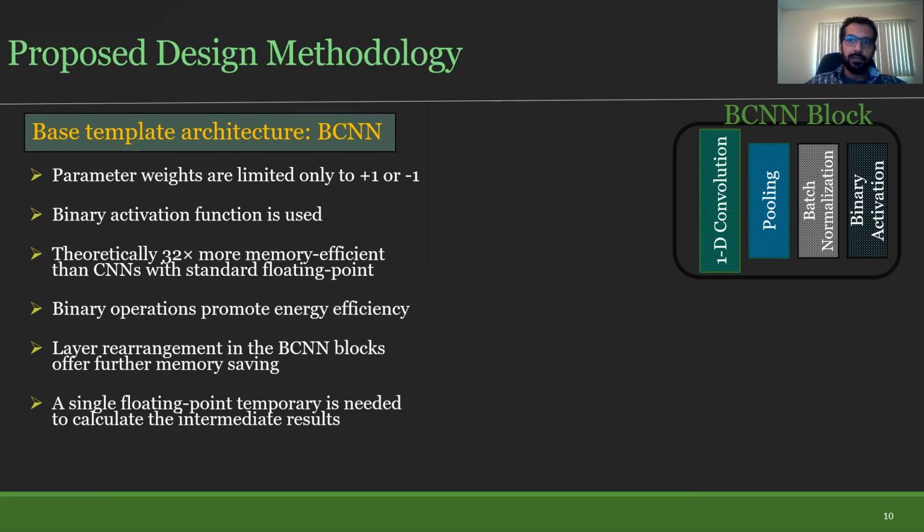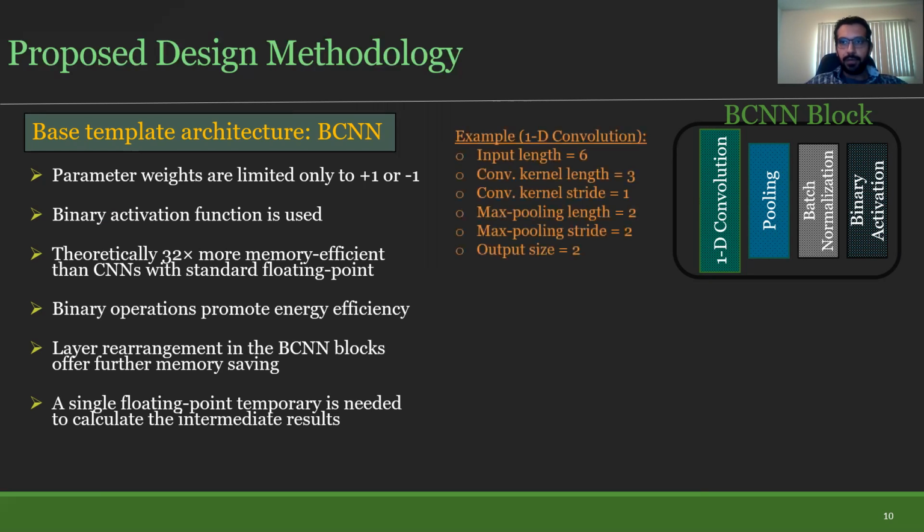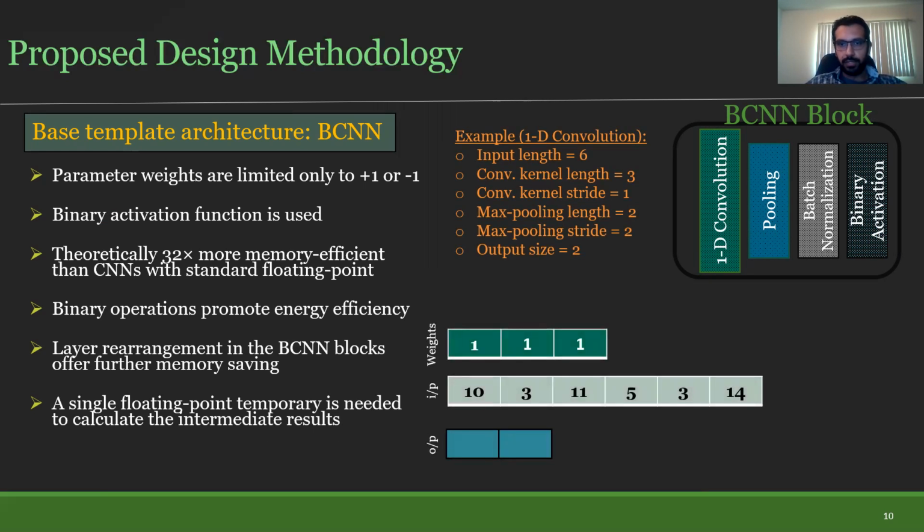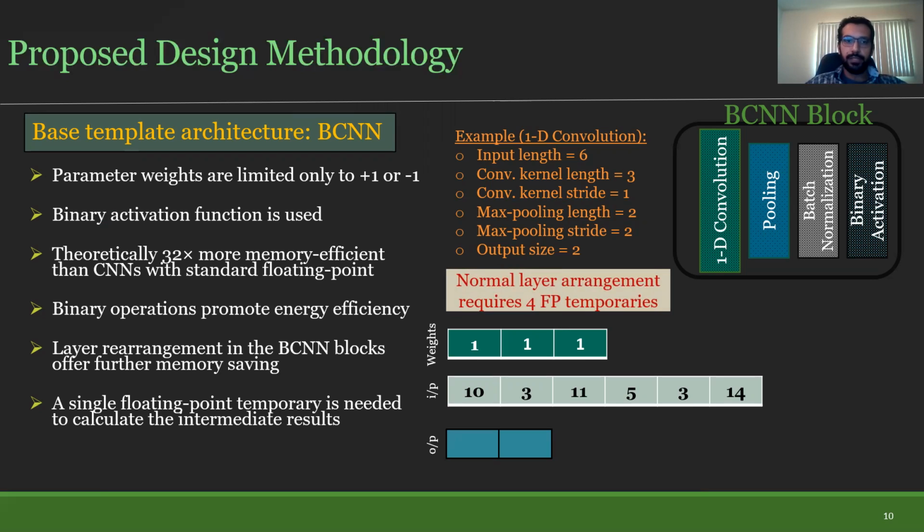To give an example for this, we have a 1D convolutional example where the input length is 6 and the convolutional kernel length is 3, and the output size through these inputs is going to be 2. And we have max pooling of length 2 and stride 2. So in a normal convolutional, this would require 4 floating point temporaries in order to store the intermediate results from the convolutional layer itself. However, in the BCNN architecture, the convolutional is conducted through one temporary floating point register where,